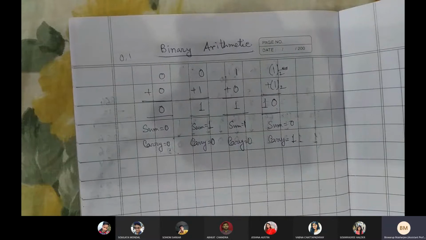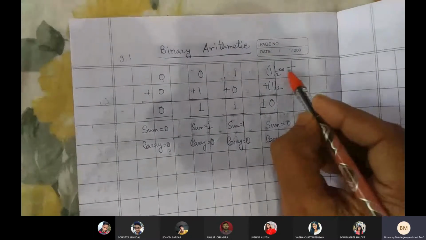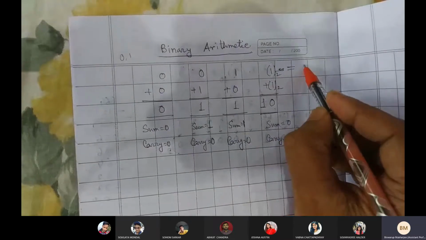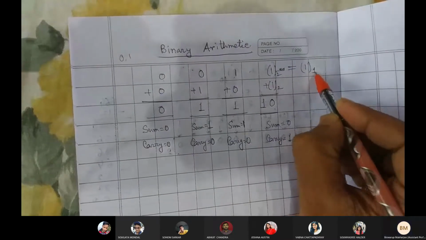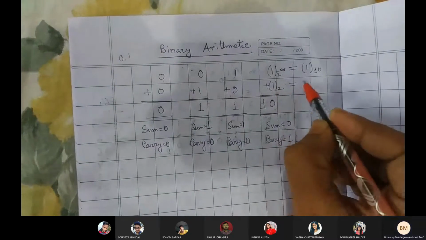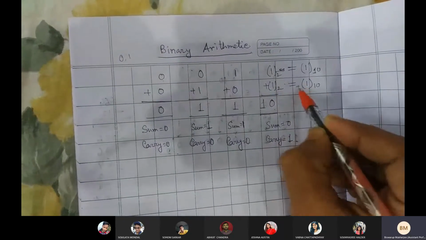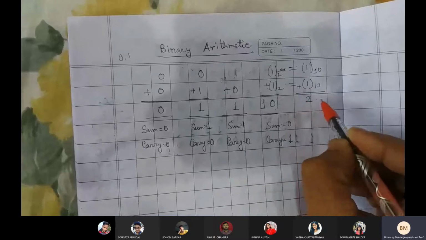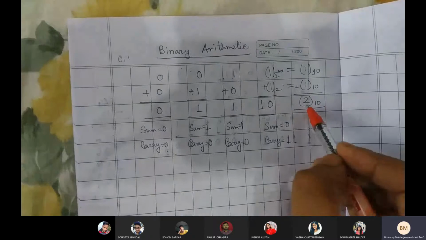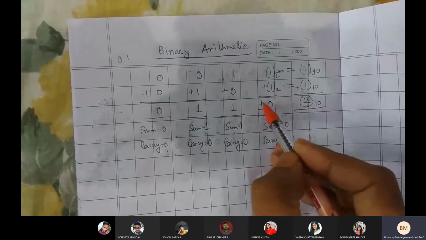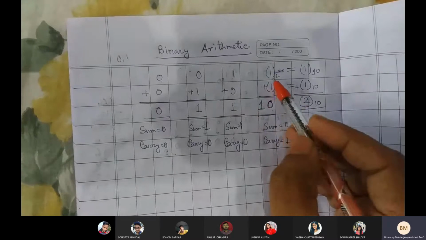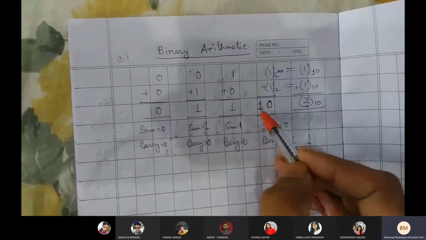So if you convert that one into its equivalent decimal number, 1 in binary is also 1 in decimal. Now if you add these two, what is happening? 2 in decimal, right? Now what is the binary equivalent of 2? The binary equivalent of 2 is 1, 0. So that is what makes sure that 1 plus 1 in binary, if you add these two, becomes 10.